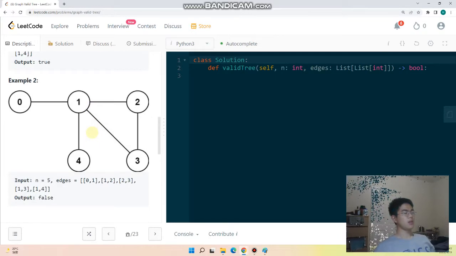So the next question is why I use BFS to solve this problem. My logic is that during the BFS process, if we pop a node from the queue and go through its neighbors, the node popped from the queue will be the parent of all its neighbors. And if we find that a neighbor can find a way to go back to its parent